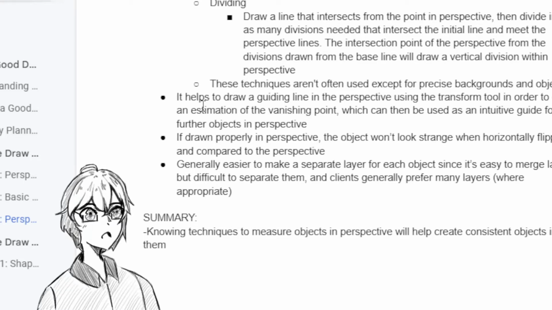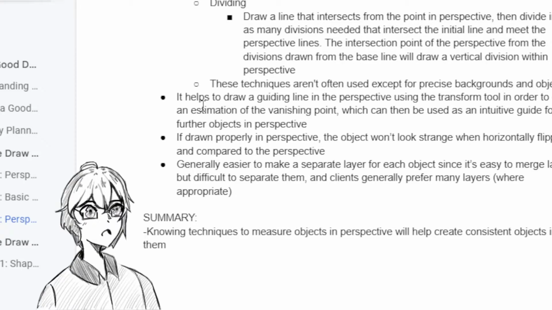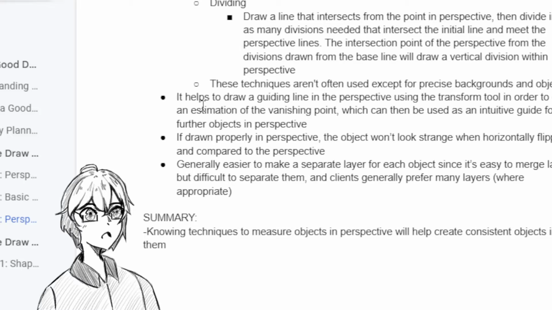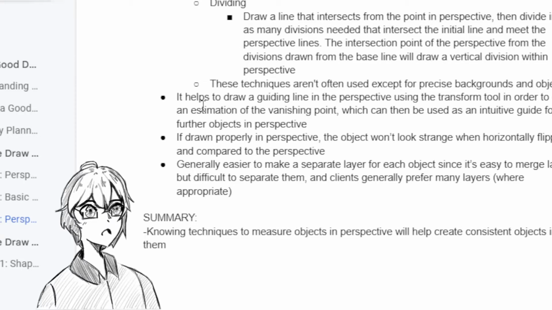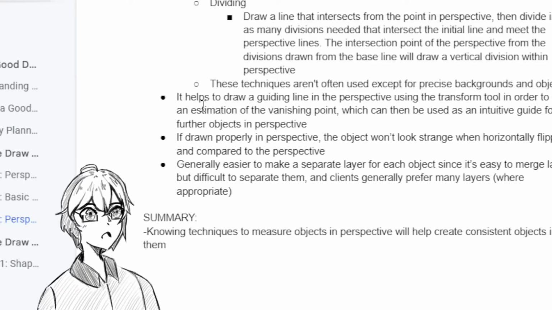You can get a pretty close accurate representation that will save you a lot more time. If drawn properly in perspective, the object won't look strange when horizontally flipped and compared to the perspective. This is something you really should be doing anyways, because generally you start getting used to how the illustration looks while you're composing it, and you might be overlooking some glaring details that you really won't see until the illustration is horizontally flipped, and you can kind of see if there's